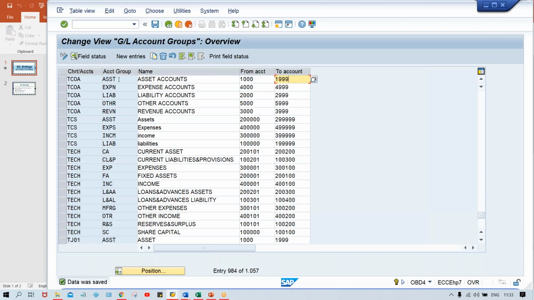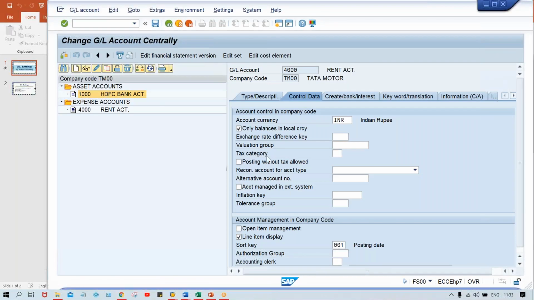It means whatever changes we make at account group level, the impact is going to be visible here at GL account level. And this is how the fields are getting controlled. So under GL accounts, if your client says that they don't want this field, or this field should be a required entry, or any particular field should be in display mode, this can be achieved with the help of the account group. You have to make changes at account group level.